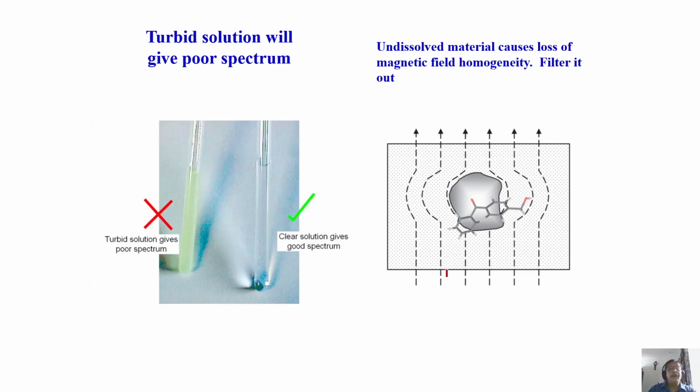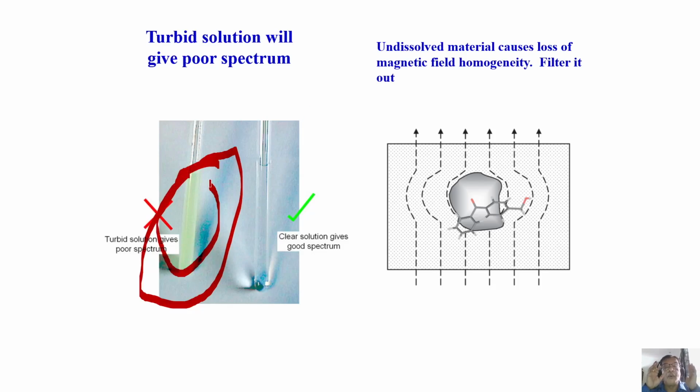Okay. When you are making the sample, when you are making the solution by dissolving the sample in the solvent, please ensure there is no turbidity. A turbidity like this will give you bad line shapes. Homogeneity will be destroyed. The B naught field homogeneity will not be very good. The nuclear spins here will not see a homogeneous magnetic field. So your line shape will be distorted. You must have a clear solution like this. Very important. You must have a clear solution.